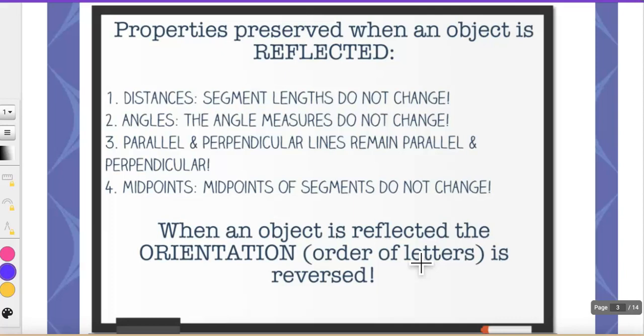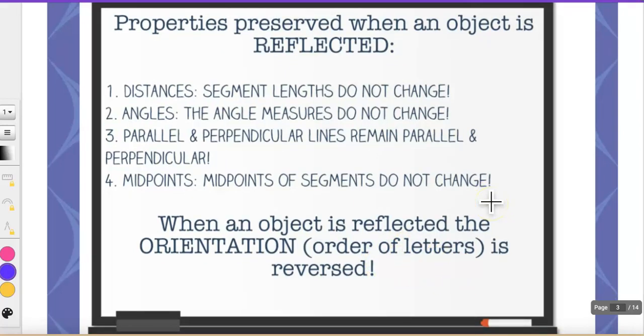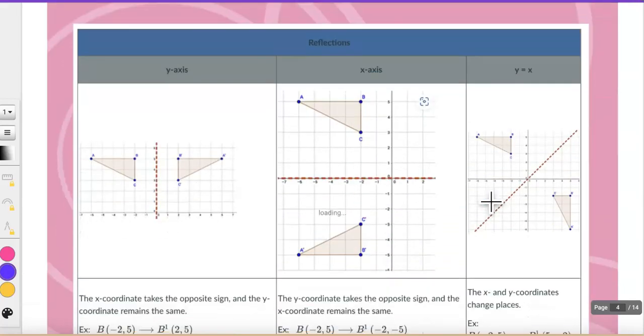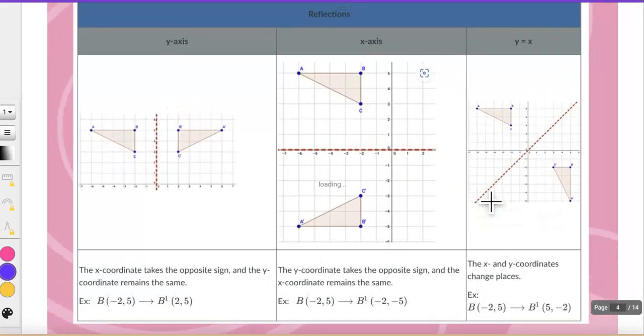Only thing is, what happens is the orientation of the letters is reversed over here. Okay, so that's something to keep in mind. You can take this for your notes. Now again, it is the same thing I explained to you earlier,